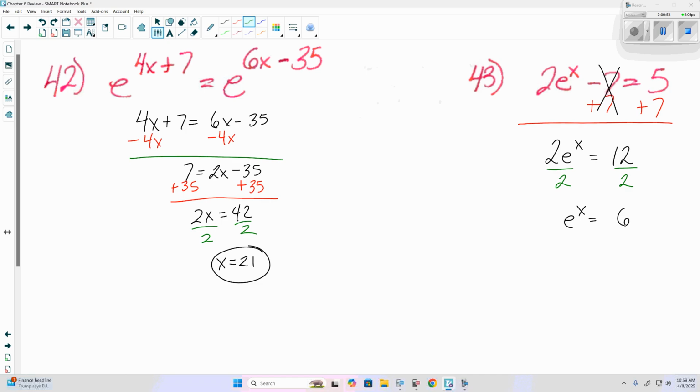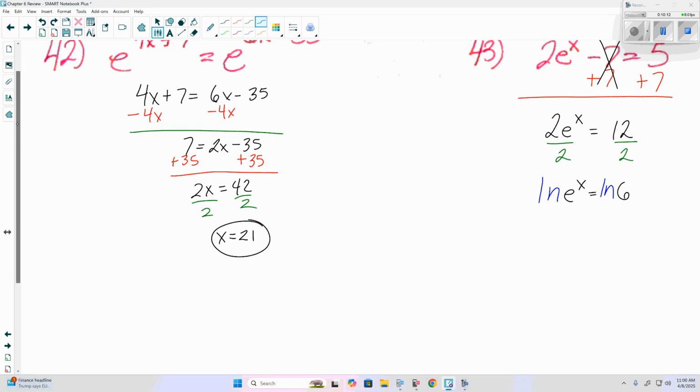Our second step is to get that variable out of the exponent, out of the power, or log. Here it's in the power, so we have to use logarithms. So for us here, we can apply the log that's going to simplify it. With e, we're going to apply the natural log, because when we apply the natural log, our power property says we can move the exponent to the front, which does get it out of the log,